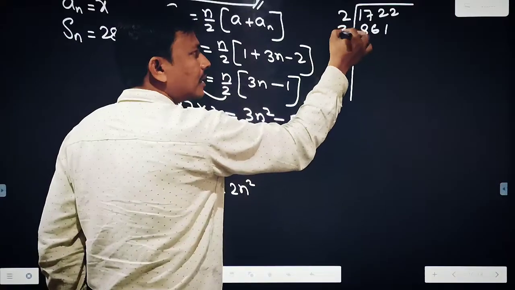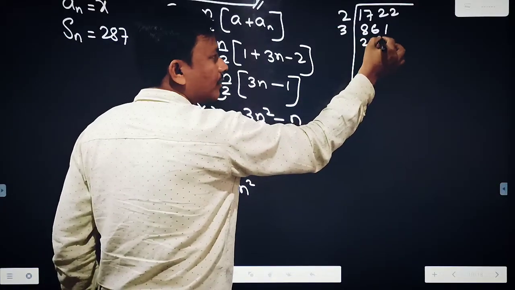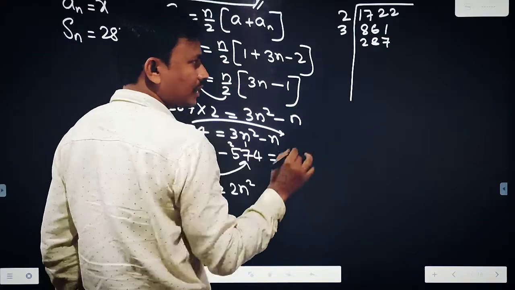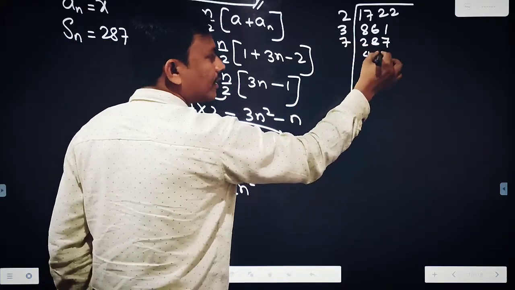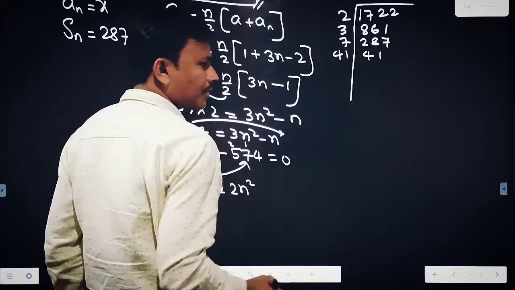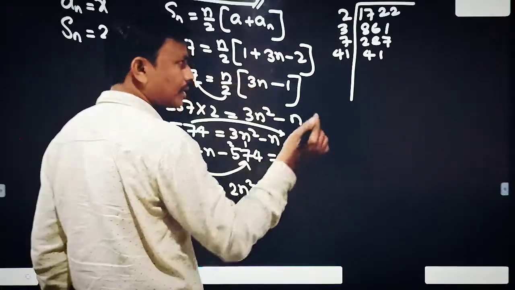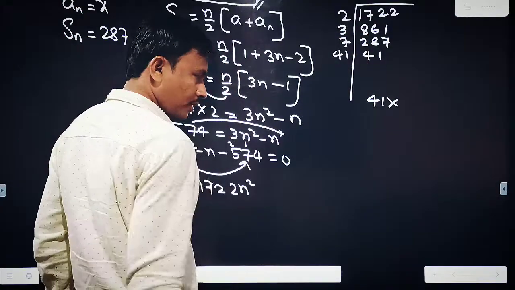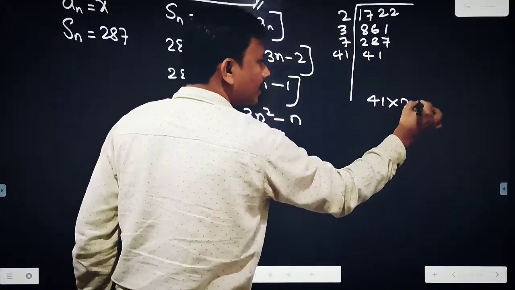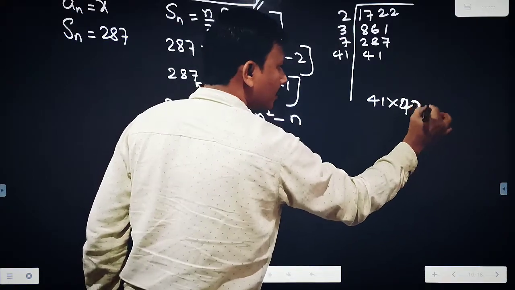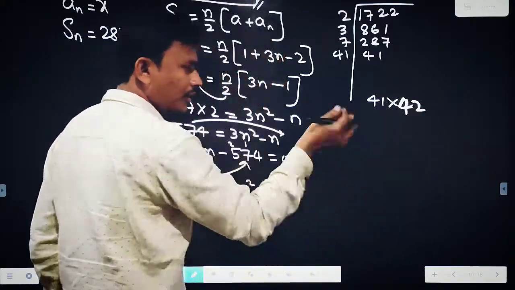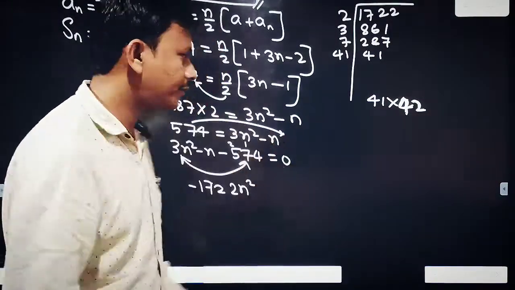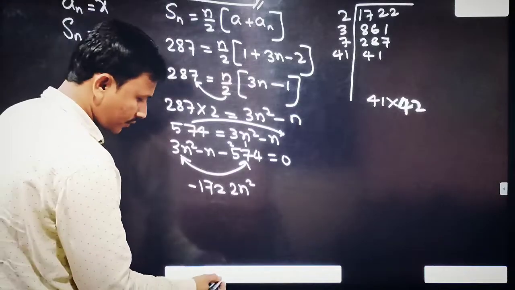That means 3 table. 3 2s are 6, 3 8s are 24, 3 7s are 21. Next, 7 was used. 7 4s are 28, 7 1s are 7, 41 ones are 41. Okay, 41 separate. Multiply. 7 3s are 21, 2s are 20. 42 and 41. Correct. 42 minus 41 is 1. Multiplied, 1722.